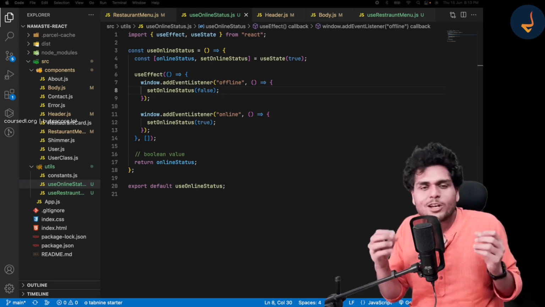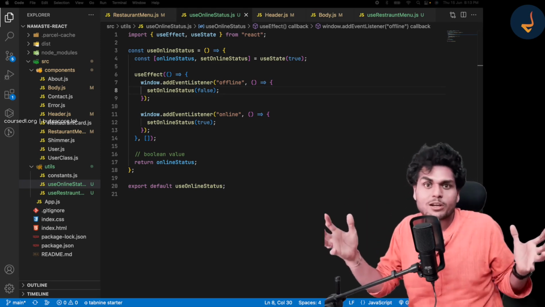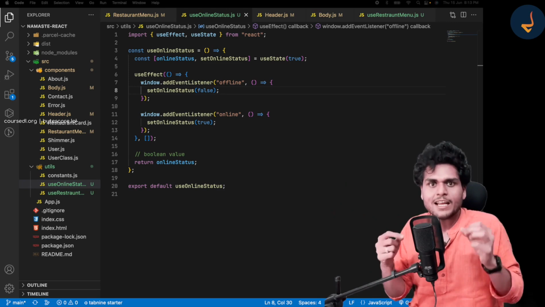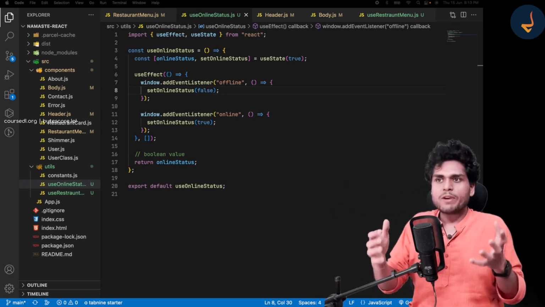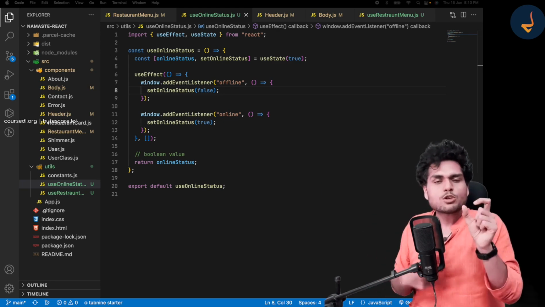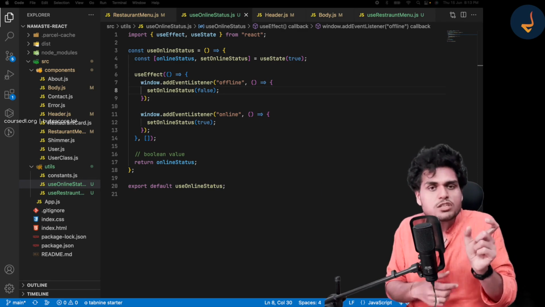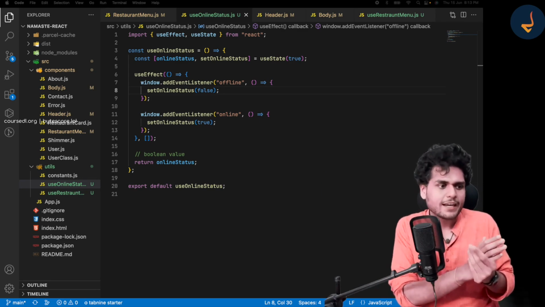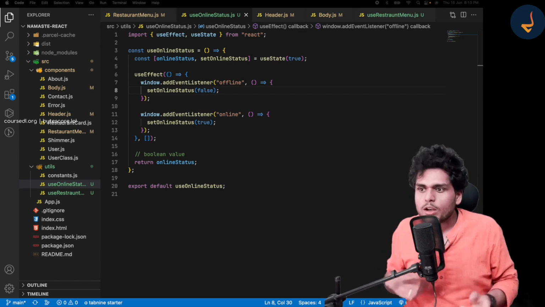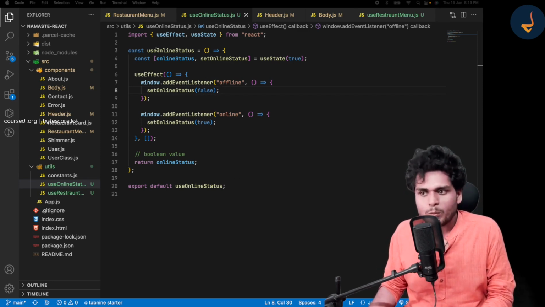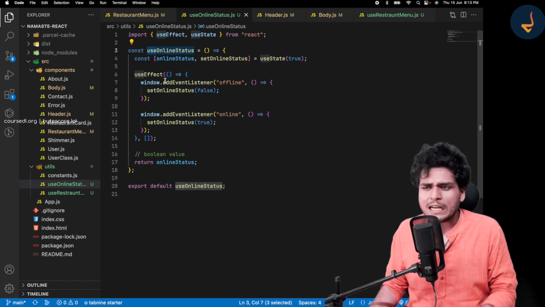I have taught React to a lot of students, and there is one more important question that a lot of students ask. That is, when we create our own custom hooks, is it mandatory to use the word use before you write the name of it? So see, it's not mandatory. If you don't write the word use over here, it's not mandatory.